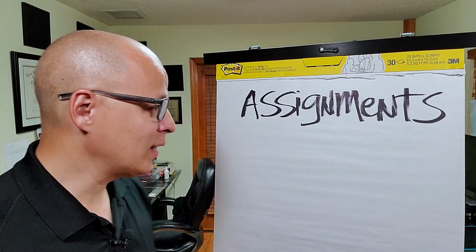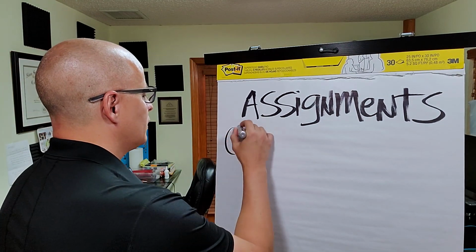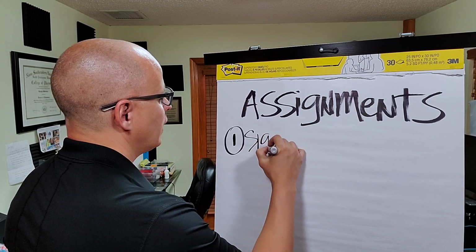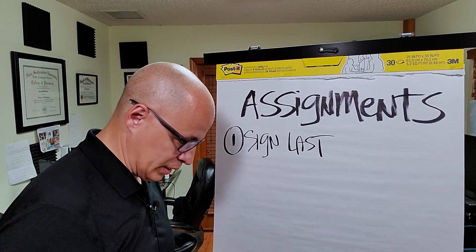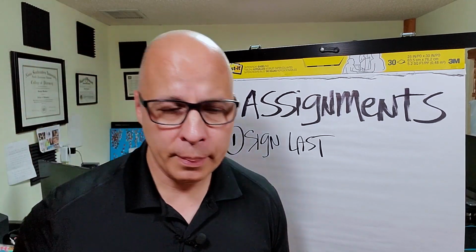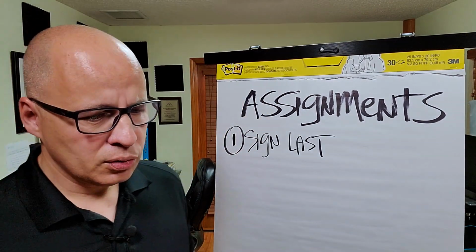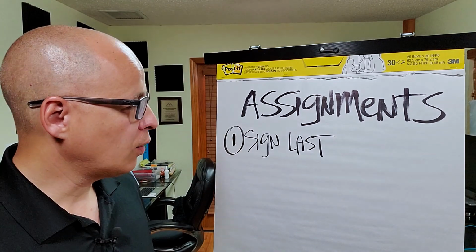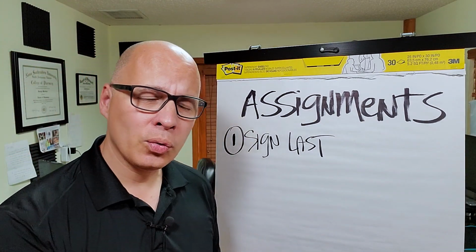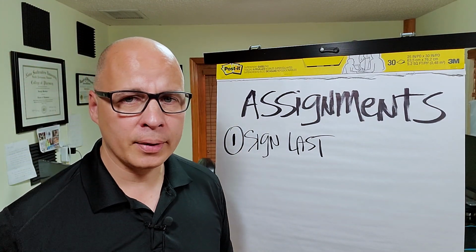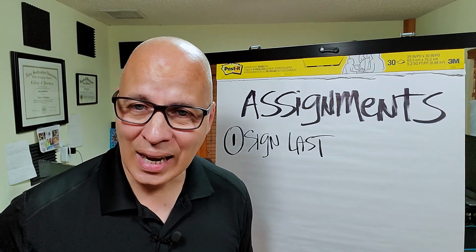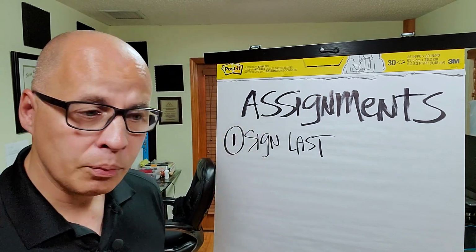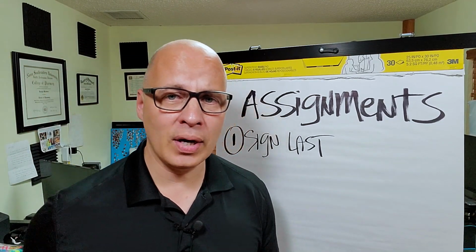All right, so the first tip I'm going to give you here, I'm going to write it down here, is number one is sign last, okay? Whenever we send an offer to a seller to purchase our property, and I'm not going to get into it too deep in this video because it's not the nature of this video here, but whenever I send a contract to a seller, an offer to purchase a property, I am always going to send that agreement to the seller, and I'm going to sign that agreement to show the fact that I'm ready to go. All they got to do is sign and we've got a deal.